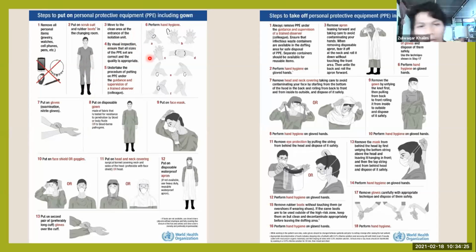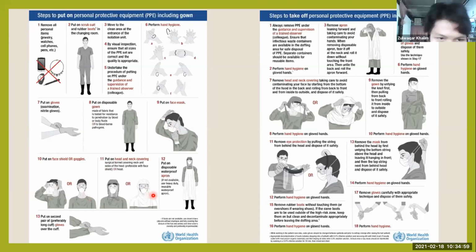Fifth, we undertake the procedure for putting on PPE under the guidance and supervision of a trained observer or colleague. And then, this is very important before we do PPE donning: perform hand hygiene. And then we should put on gloves, and then we wear a gown and put on a face mask. After that, we should wear a face shield or goggles, and then put on the head and neck covering hood,